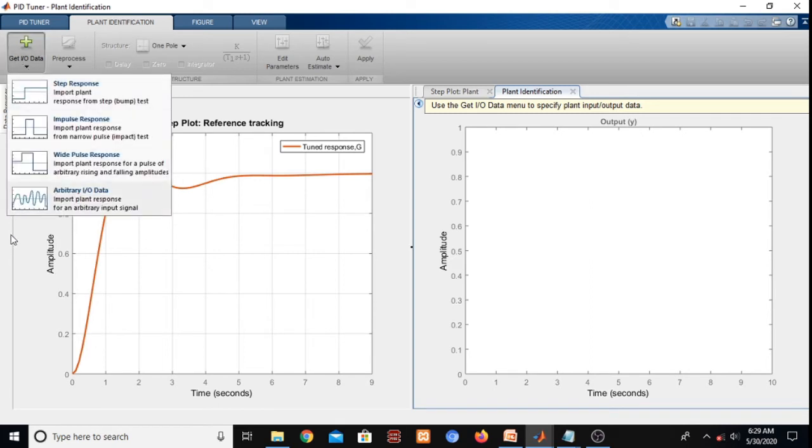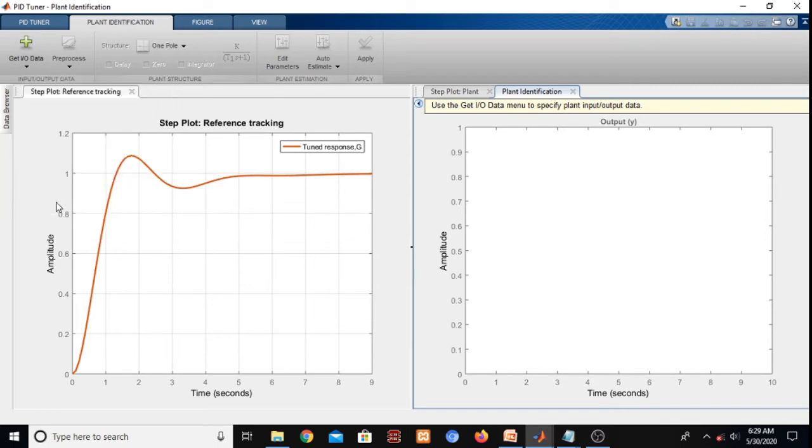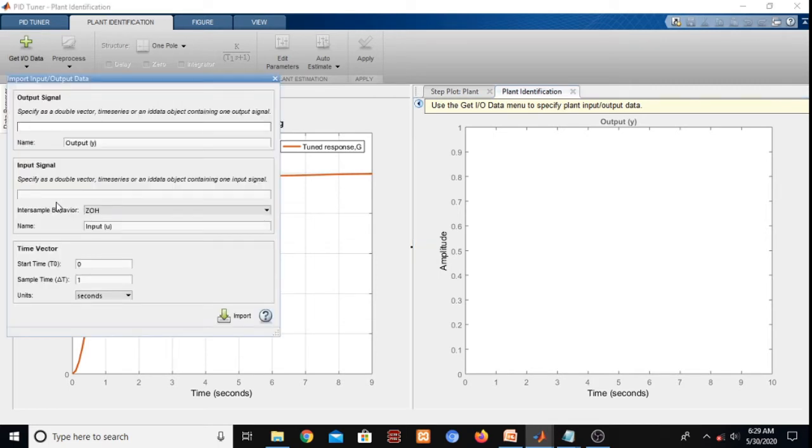Now here you select arbitrary input output data, because in this case we have to design a system from arbitrary data. So let us choose arbitrary input output data. Now this window is open.